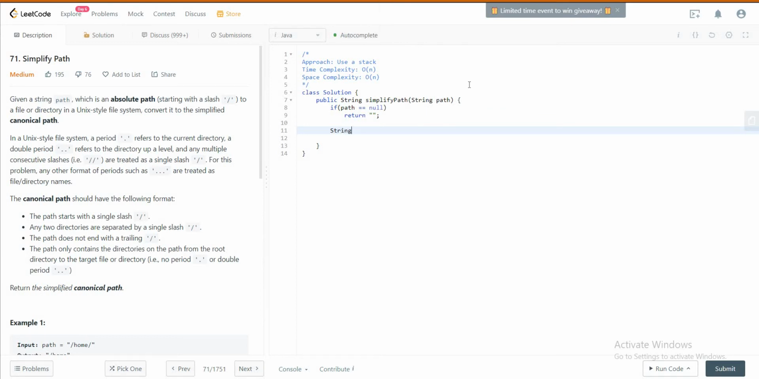Let's first split the given string into different paths, into different directories. So let's say string array named p is equal to path.split using the delimiter. All right, and then the next thing you need is a stack itself. So let's initialize a stack, and after that, let's get the length. int n is equal to p.length,